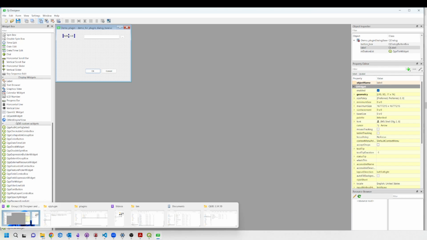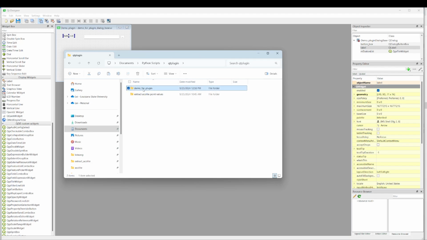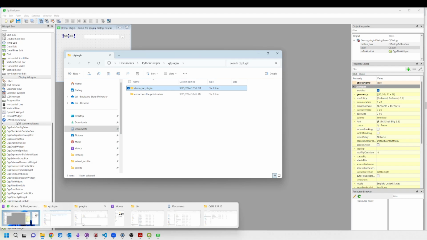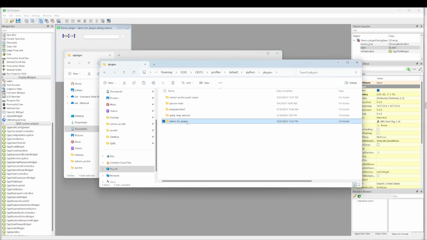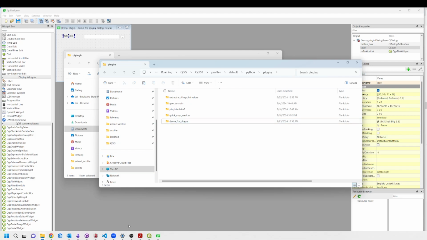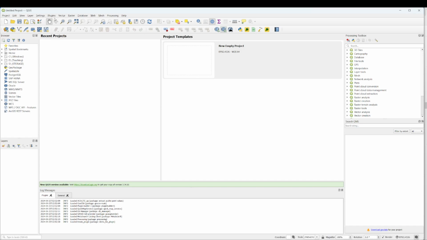Okay. Again, if you look at your folder here, that's the QGIS plugin you are doing the coding in. Then you make a copy again, and you go back to your plugin folder here. You just replace it with the new one, right? So this one will be a new interface, but you haven't restarted yet, so you don't see it in this interface. You have to restart